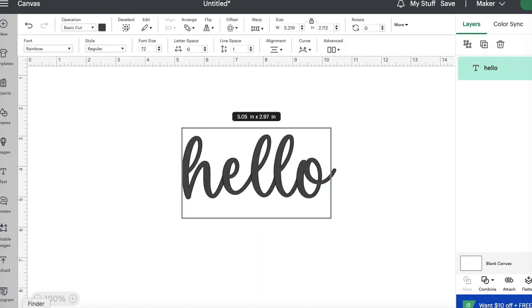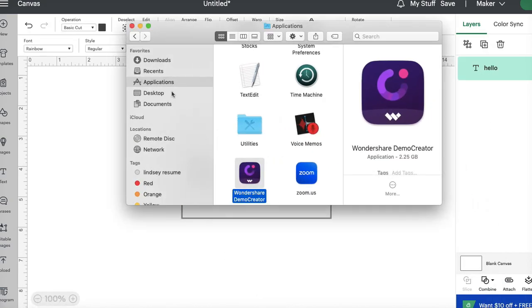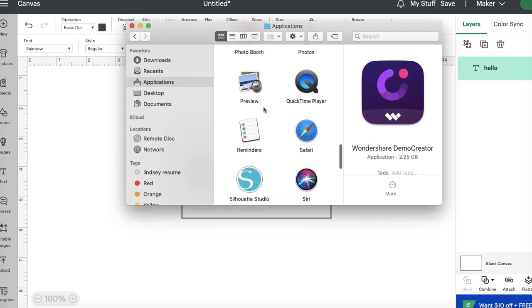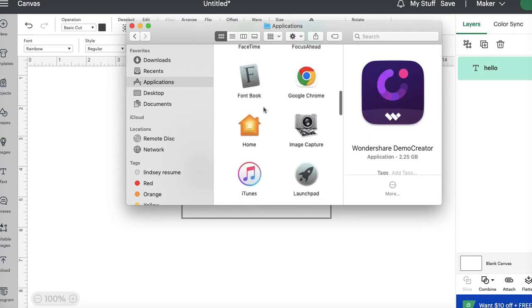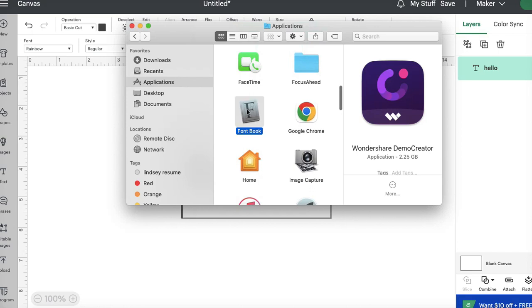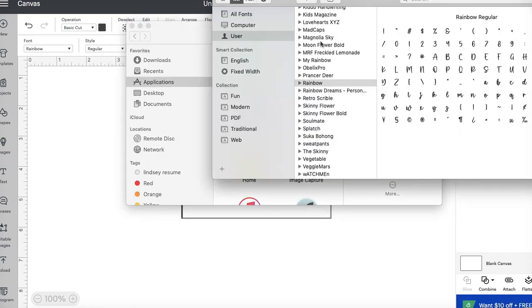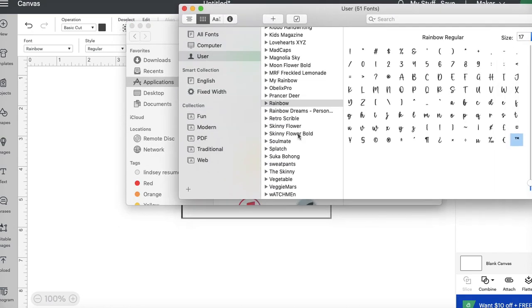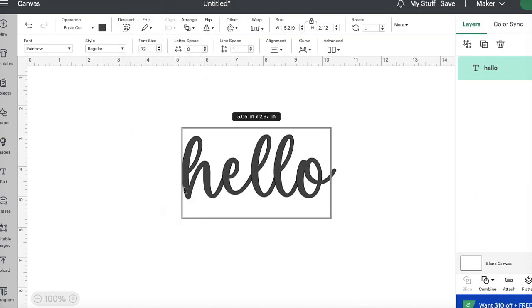So what you want to do is go ahead in your Finder and go to your applications and open up your font book. Usually this is in alphabetical order. Click on font book and find the font that you want to use, Rainbow. Click on the glyph you want to use and go ahead and copy that, and then go back into Cricut Design Space at the beginning of the text, paste it,